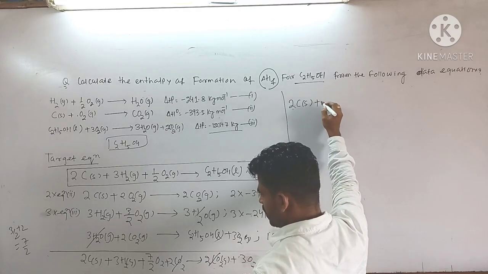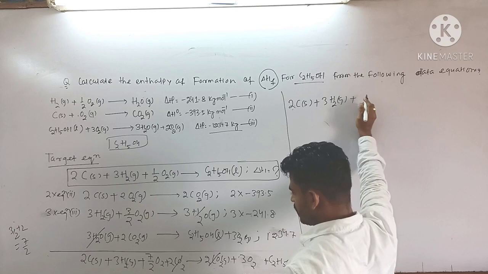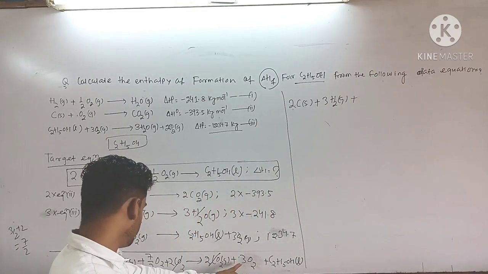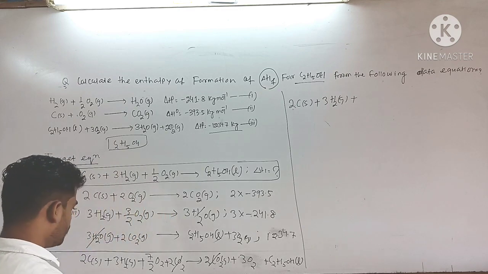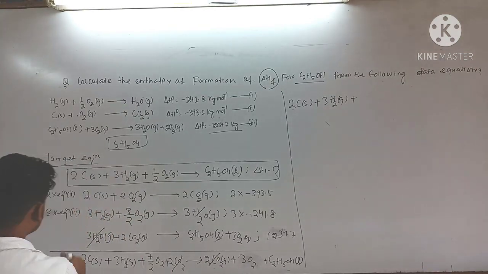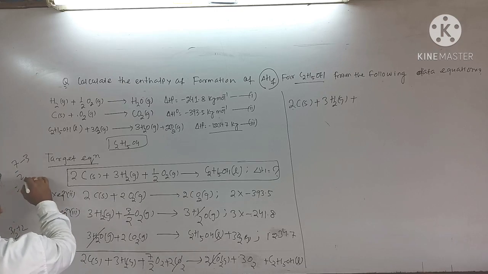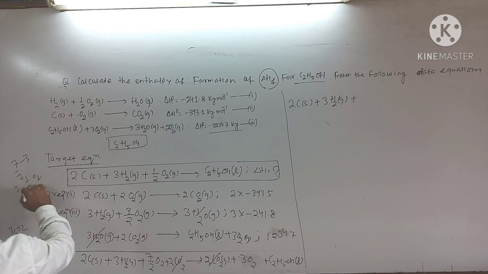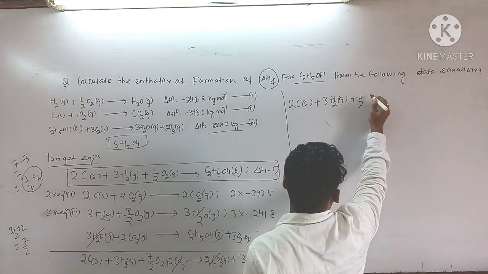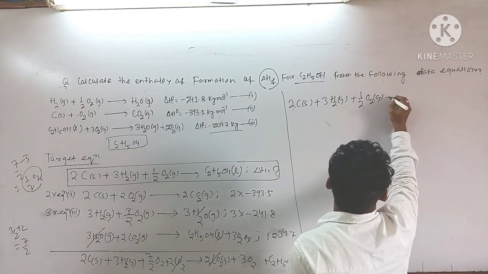2C(s) plus 3H2 gas plus O2. 7 by 2 O2 and 3 O2. So that will be 7 by 2, 3 O2 again belongs to this side. So that will be 7 by 2 minus 3. That will be 1 by 2 O2. I need this one, 1 by 2 O2 gas. Clear? Giving rise to only